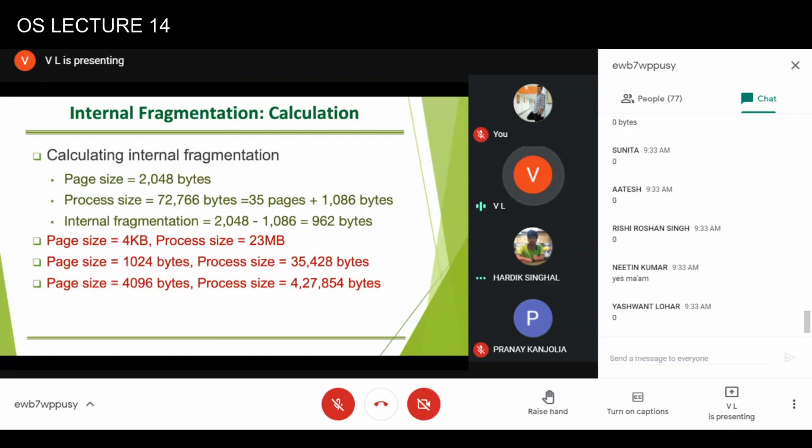What would be the number of bits required for offset if the page size is 512 bytes? Harsha, can you answer that?